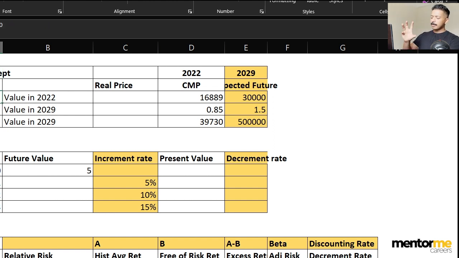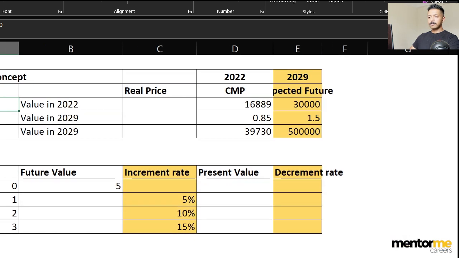Very basic concepts, very basic examples is what we're going to take, so that you understand what exactly we are doing in terms of discounting. I've taken three examples here. If you can see my sheet, I am taking the examples of Nifty 50, a simple house, or maybe Bitcoin. And we are saying that there's a concept of value. So the current market price of these assets: Nifty is 16,889 today. Let's say the value of a 2 BHK house is about 0.85 crores or 85 lakhs. And the Bitcoin current market price is about